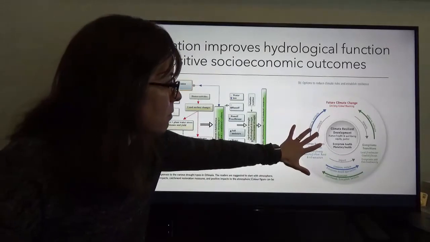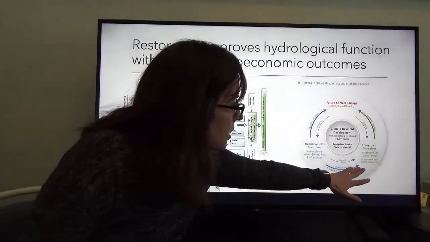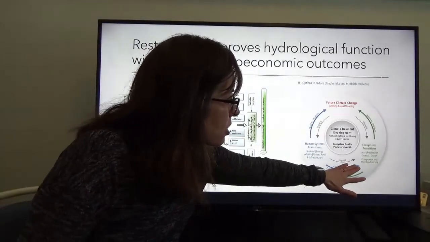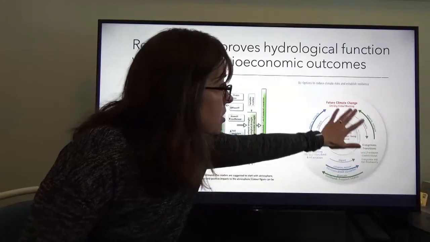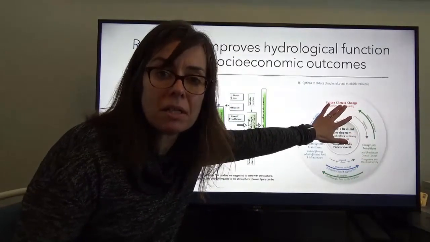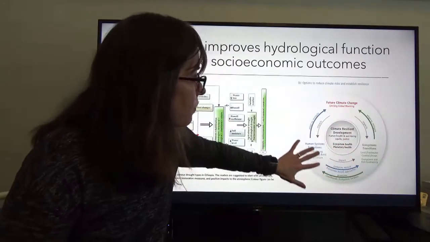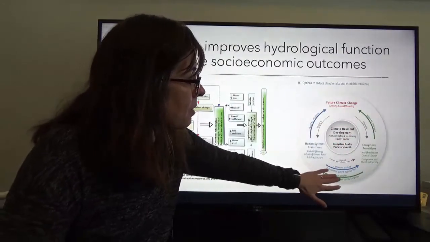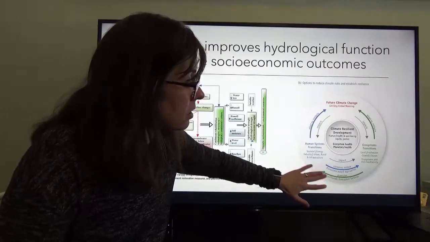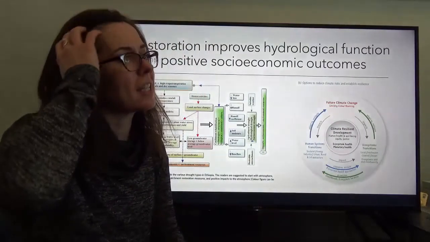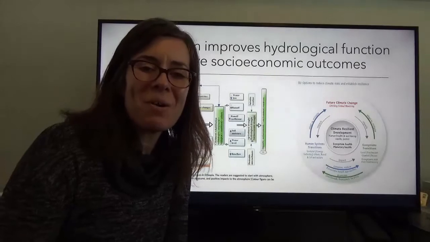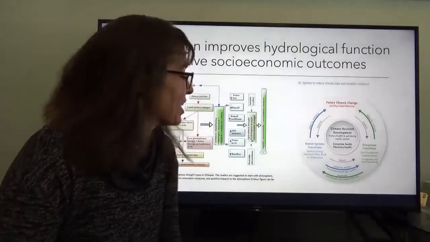And this is exactly what we want to see happening here. Using these conservation and restoration approaches to make these ecosystems more resilient to future climate conditions that may be hard to deal with, that then allow for human systems to be supported. Okay? So this is, I guess, my call for hopefulness is that we have lots of fairly